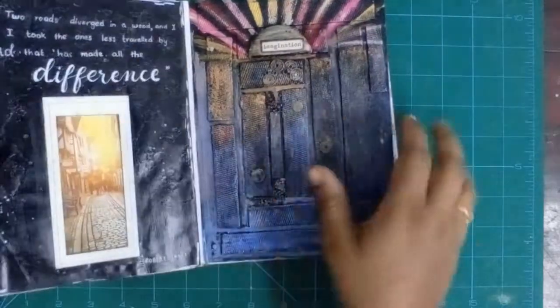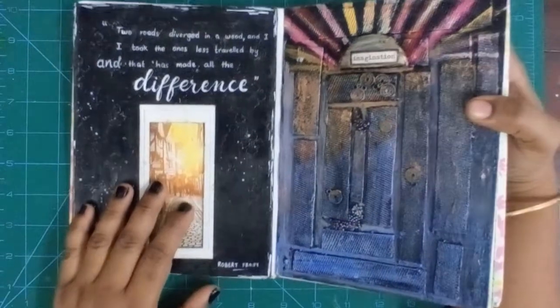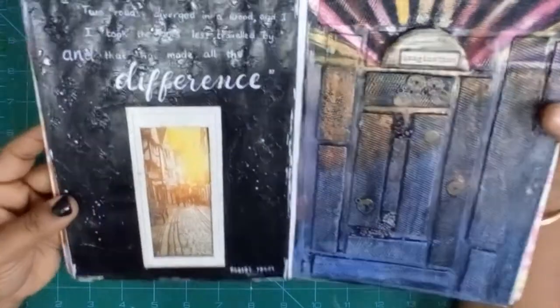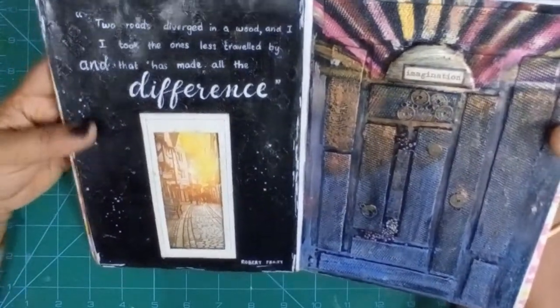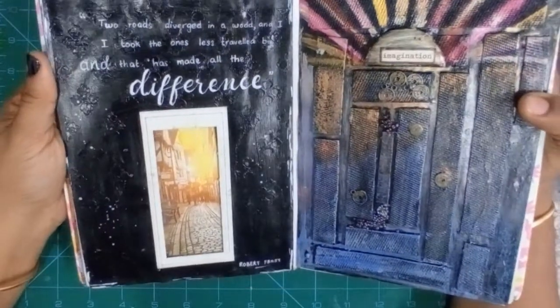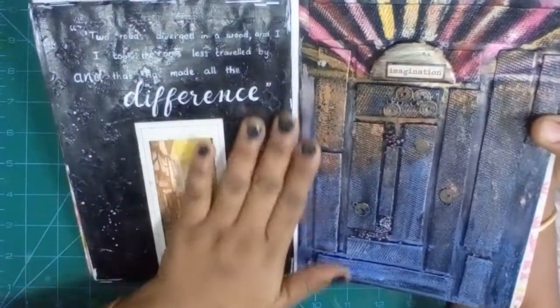Next, it is quite bulky actually. This is one of my favorite layout pages because it doesn't have too much, but if you look closely, there is a bit of texture paste and stenciling going on. I'm not sure if it kind of catches the light correctly, but there you see it. It's kind of a flower pattern which is all around it,